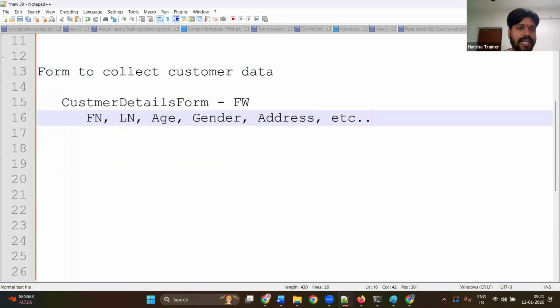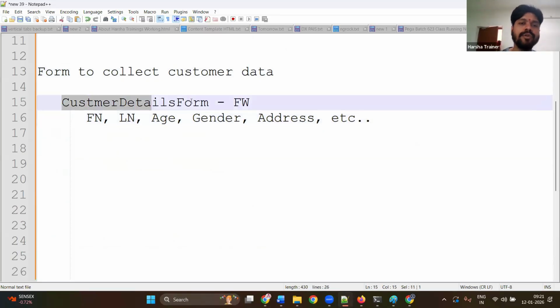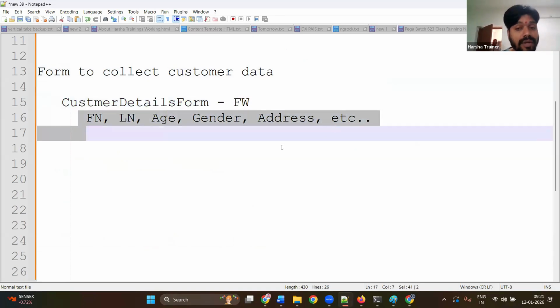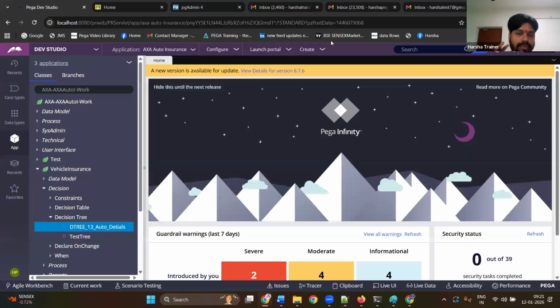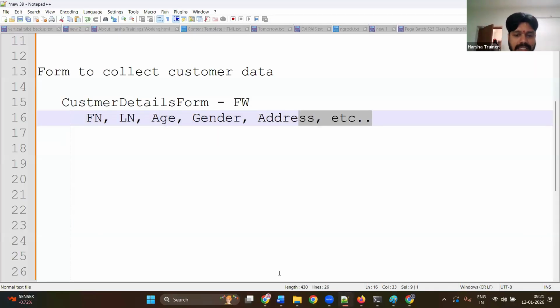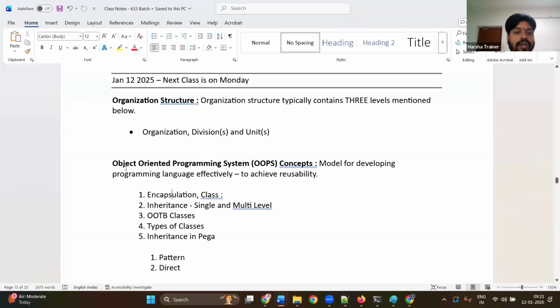So if I give you a requirement to create one form, you need to create the form plus attributes also, to collect the data, to hold the data, correct? So you will be creating attributes plus functional components in your application. What object oriented programming system says is you have